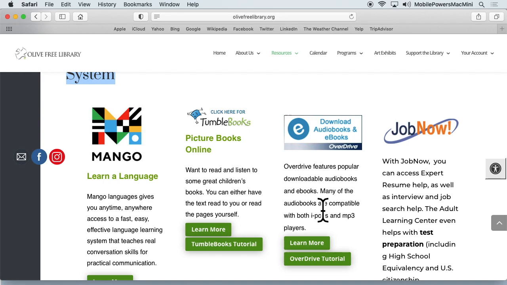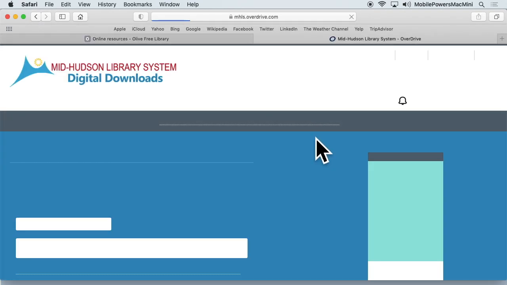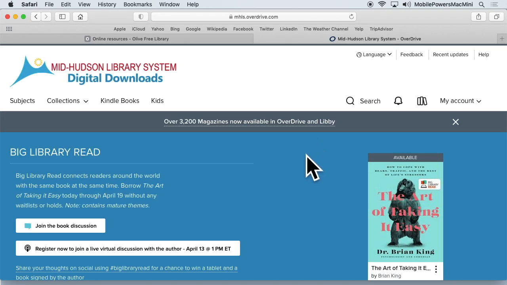Maybe you've already been using it to borrow audiobooks and ebooks. I had been borrowing all of my audiobooks and ebooks exclusively through Overdrive until I started doing research for this class, and then I started to use Libby. So we can't use Libby on the website. Libby is an app that we can access on a smartphone or a tablet, but it does work in conjunction with Overdrive. So if I click here now, Overdrive is going to take me to a new site,